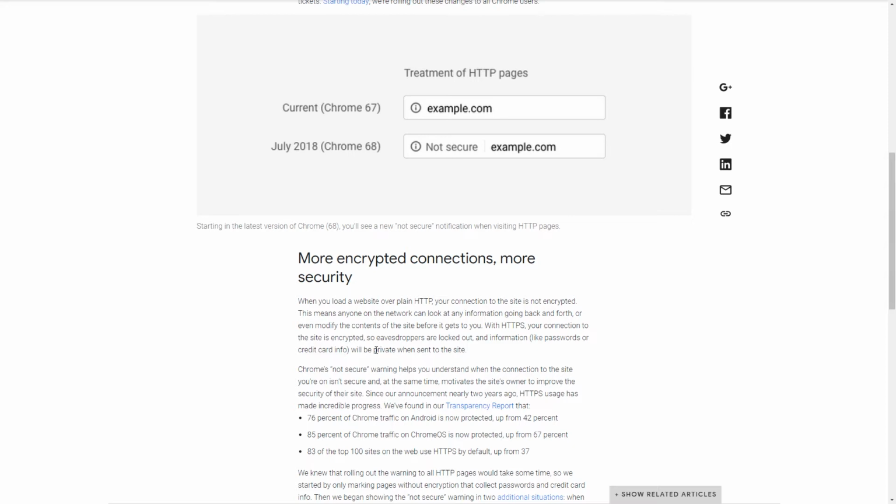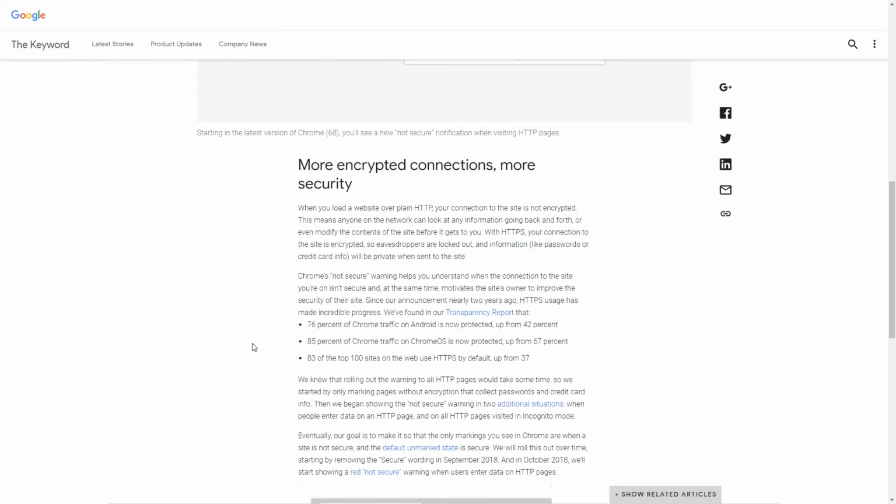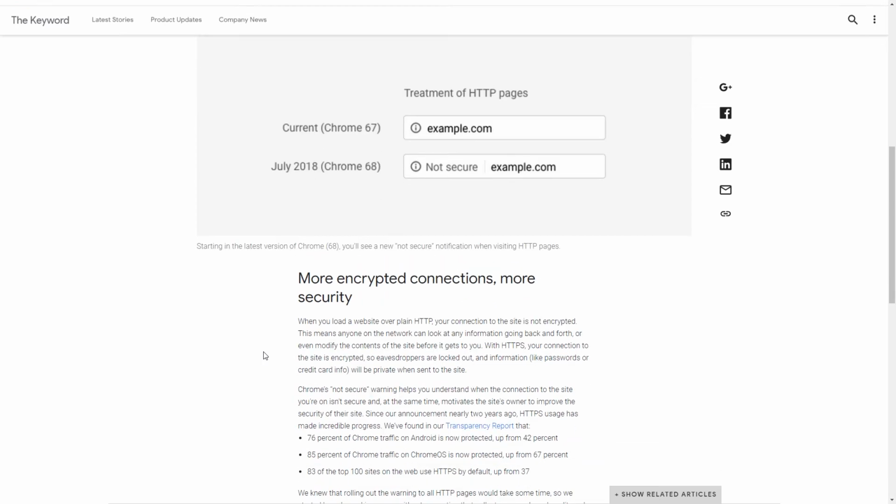A good example is, if you have a competitor that you're trying to outrank and they don't have HTTPS, this could be enough of a jump in your rankings that you might actually pass them up. It's hard to get a straight answer, of course, because it's Google, on how much ranking power HTTPS has. Some say more than others, who knows. That's why, at this point, it's a best practice. There's no reason not to do it, because